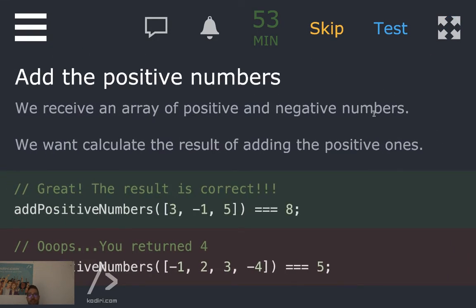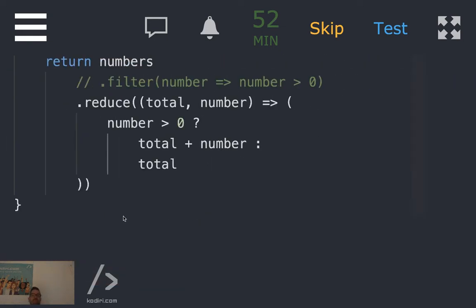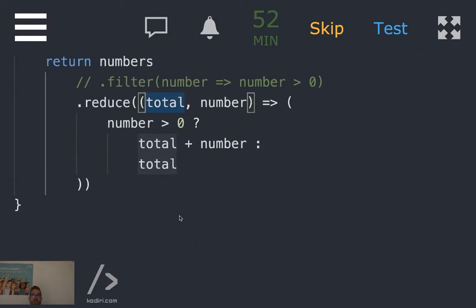I did something wrong. Let's have a look. So, I return 4. Why do I return 4? Ah, that's correct. Yes, in this particular case, the default value matters. Why? What's the first value of total according to this example? Ah, so it's already wrong, right? Even if all the following steps are correct, if the default value is -1, that's not correct. So what can we do here? Simply add